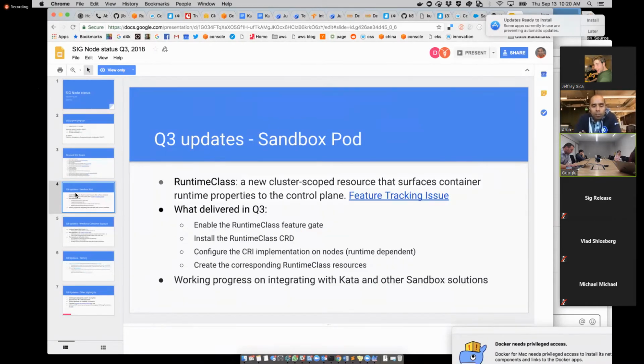So now I'm going to quickly update what we delivered and what is in progress in Q3. The first one I want to mention is that we made steady progress on the sandbox support. There's the RuntimeClass proposal, which has been accepted by SIG Architecture and approved by SIG Node. And in Q3, we delivered this RuntimeClass API feature as an alpha feature, and also implemented